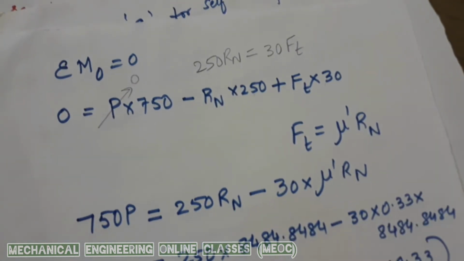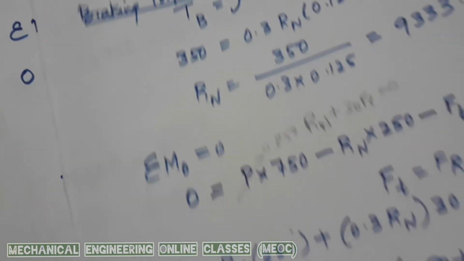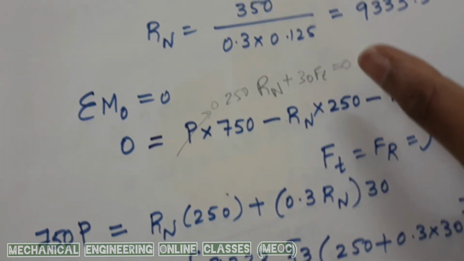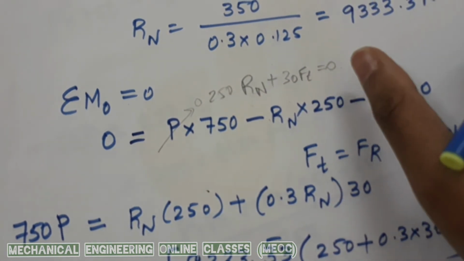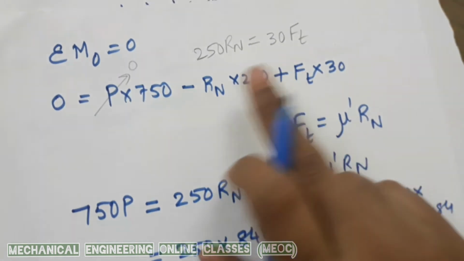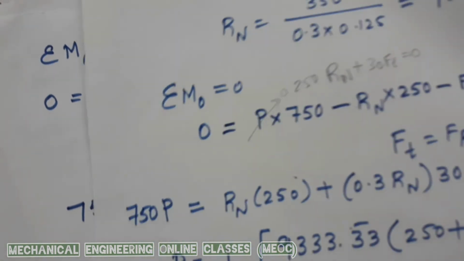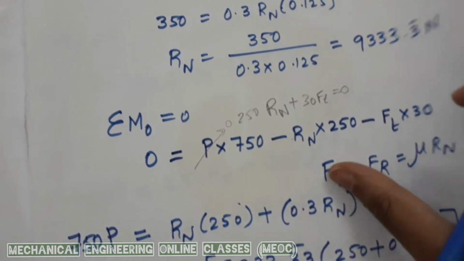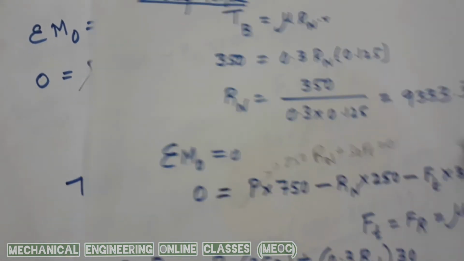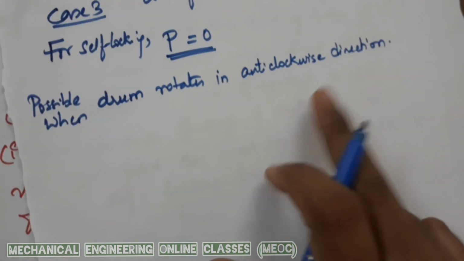So this is case 2 and this is case 1. So case 1 is two positive values added together can't be 0. Two positive values can be equal. Summing them up cannot be 0. So based on these equations, we have decided that our drum must be rotating in anti-clockwise direction. So we have chosen this.